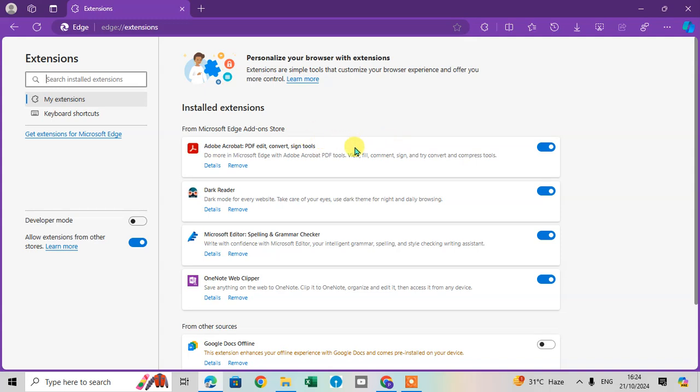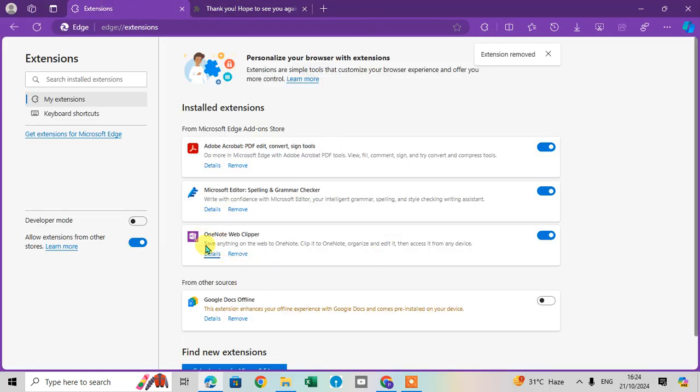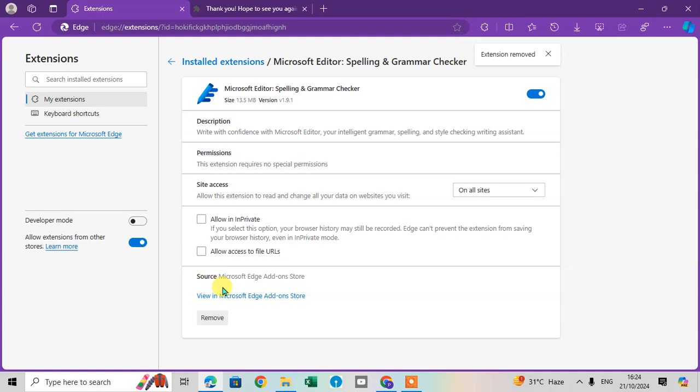Now you can see the extensions that you installed in your Microsoft Edge browser. So you can check them here one by one. If you want to remove any extension, just click on the Remove option and click on Remove here. So the extension will be removed. Okay, if you want to check the details of an extension, just click on Details and